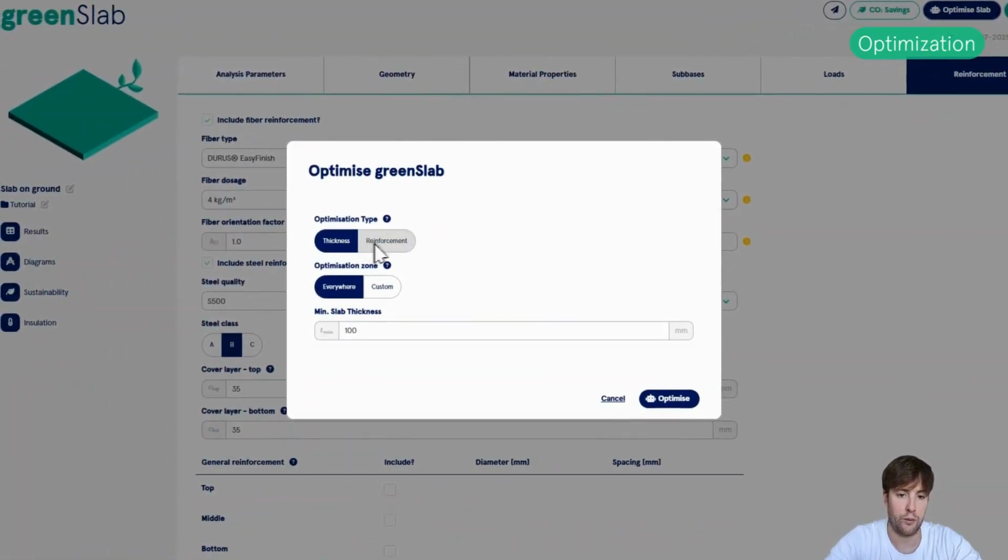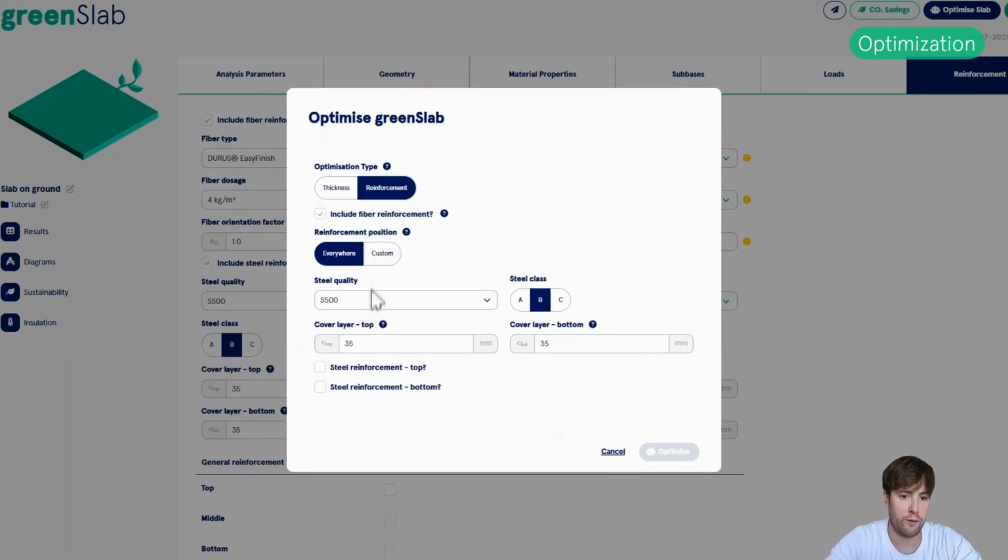We can remain with the thickness we have now of 200 millimeters and then optimize the reinforcement, so that this 10 millimeter per 150 millimeter mesh that I added in the top of the slab in the corners, I can have this optimization algorithm optimize that and find a much smaller mesh with much less steel to again optimize on the CO2 account.